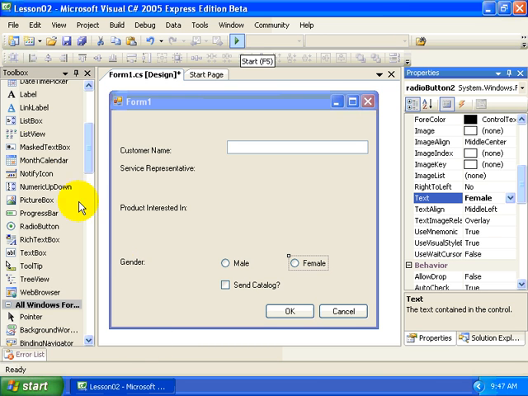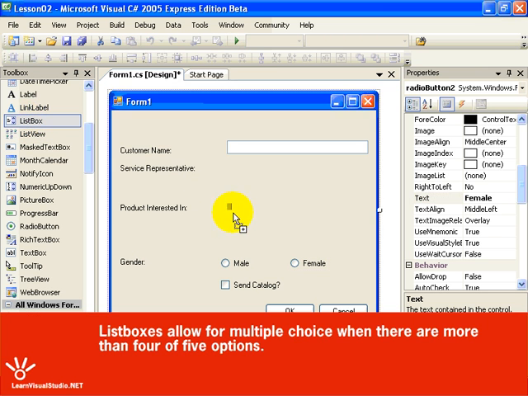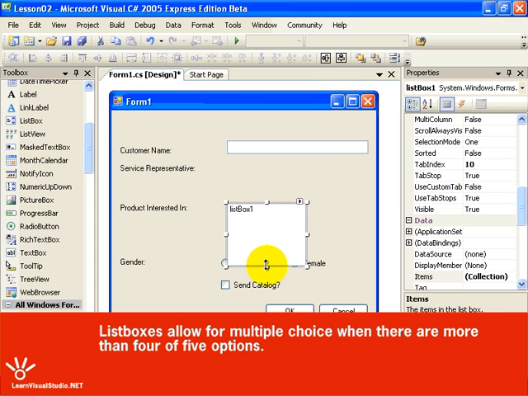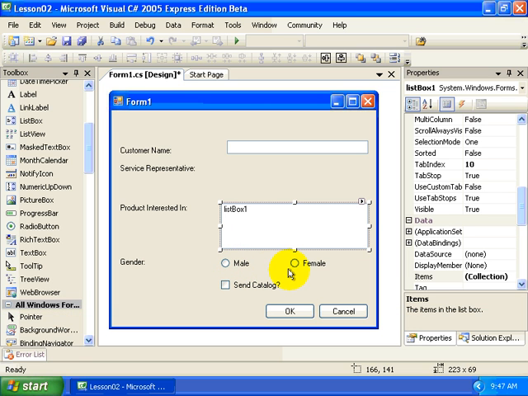The next control we'll use is a list box, and a list box will display several different possible values, and depending on how the list box is configured, the user can either select one or multiple values in the list box. Now, the other thing that's interesting about the list box is that yes, it's also used for multiple choice, just like the radio buttons or the checkbox. But the radio buttons, for example, take up a lot of space because every time you add a new option, you have to add a new